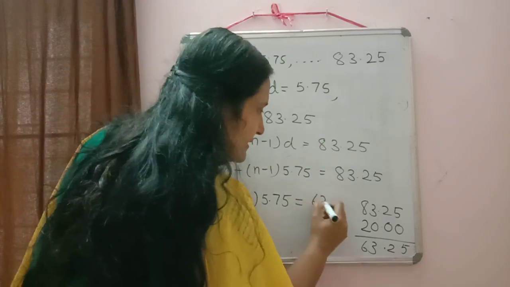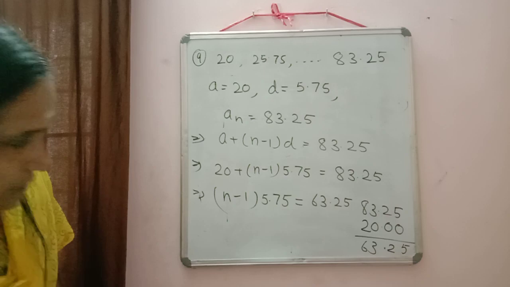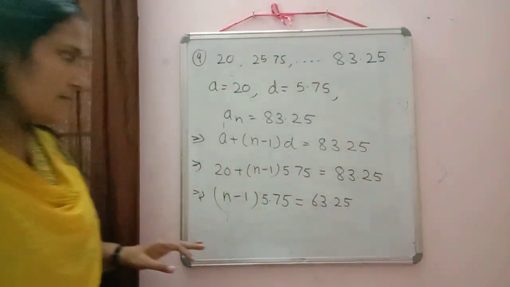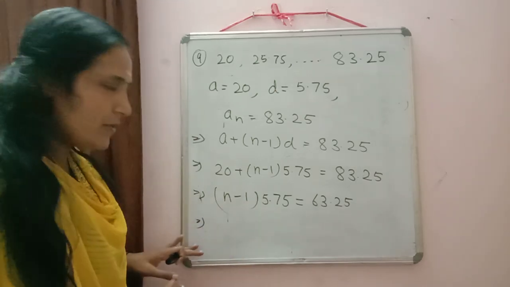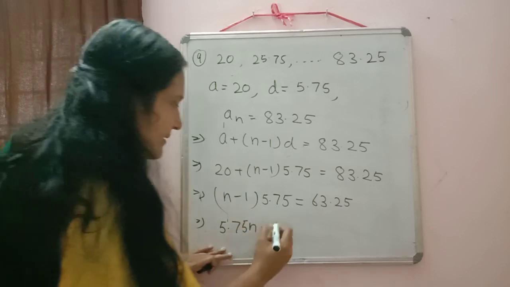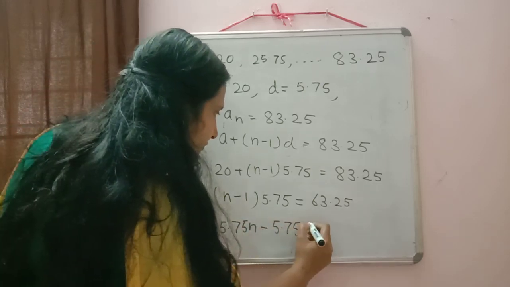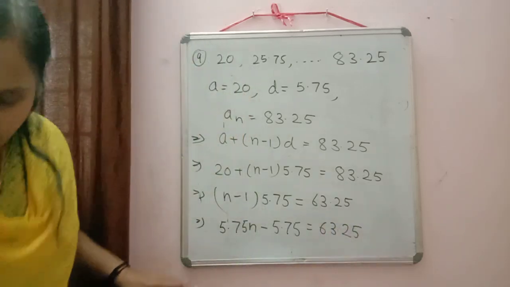So here we are getting 63.25. Now next what we can do? If you want, you can multiply here. I think that will be easy for you. 5.75n minus 5.75 is equal to 63.25. Now we will shift